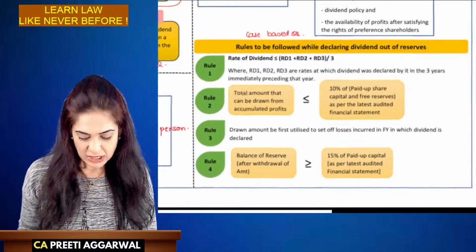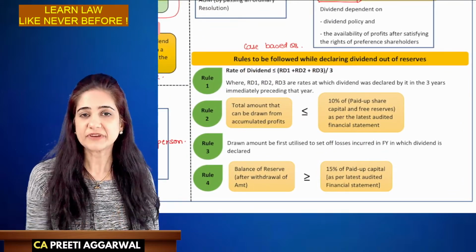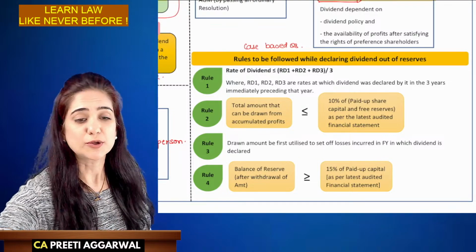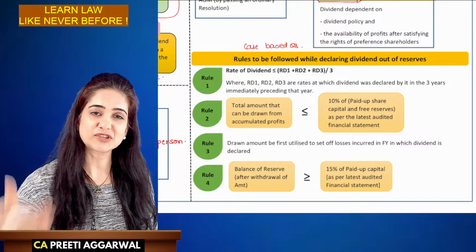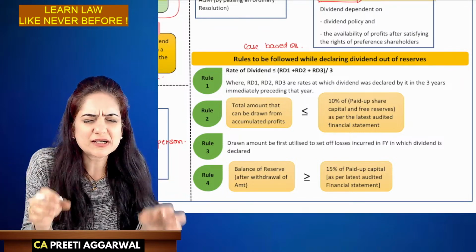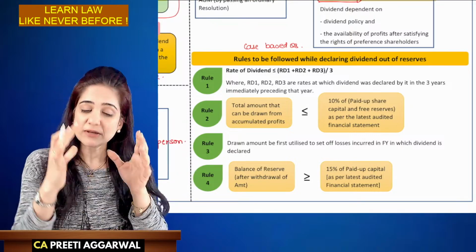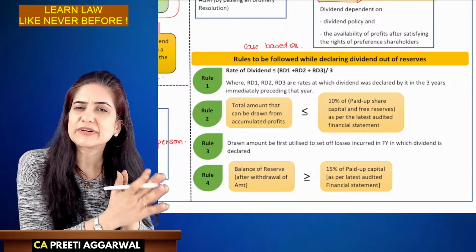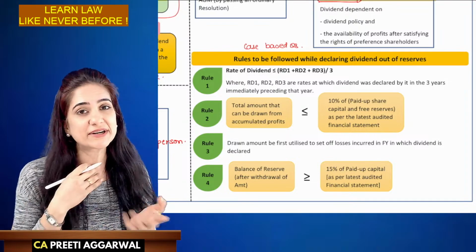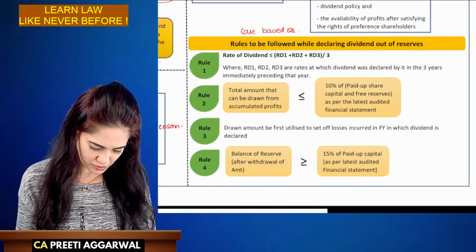Why? See, free reserves were basically for the growth and development of the company. Now, you are utilizing this free reserve for distributing dividend. See, we are not concerned about what you are doing with your current year profit. But you have kept something in reserve. It is generally for some purpose. Now you're distributing that, the creditors are also scared. So that is why there are certain restrictions imposed.